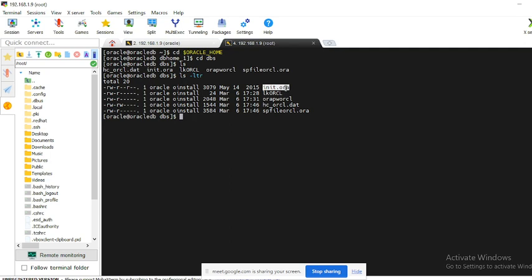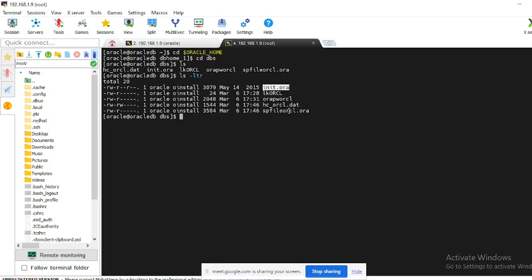This is a human readable file. And this is the SP file, which you cannot read. Only the Oracle database can read the information from the SP file and use it to start the database.